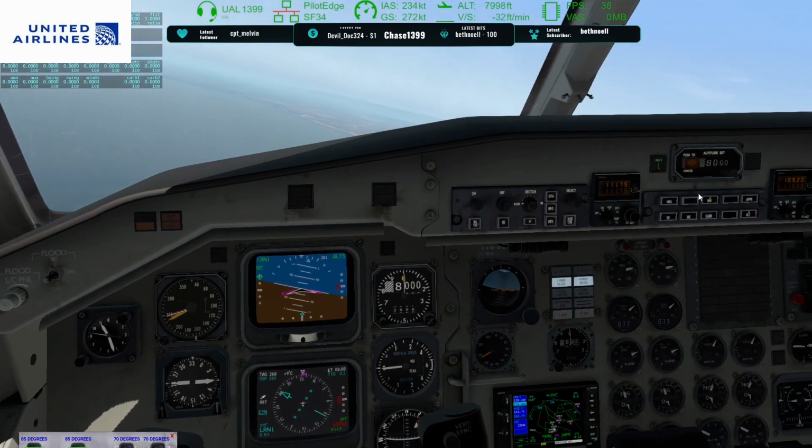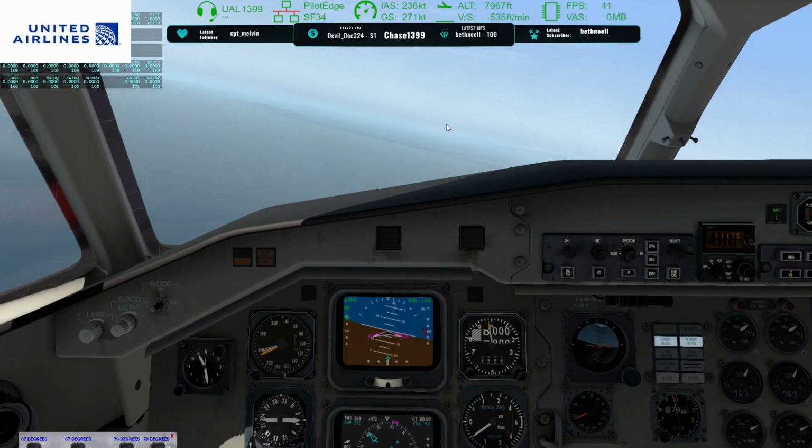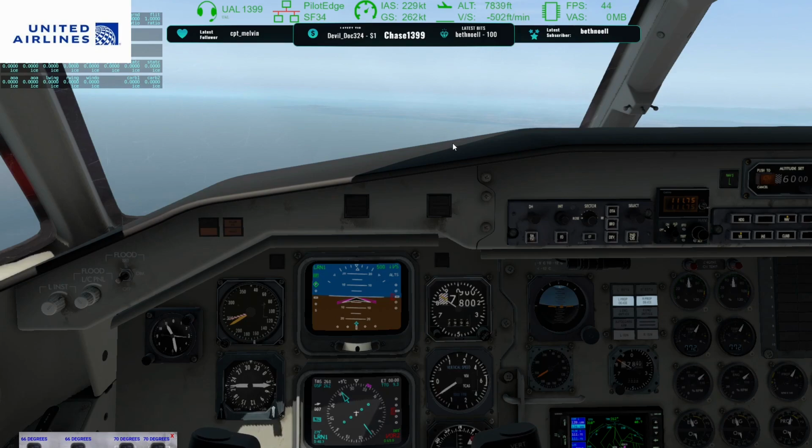All right, you missed it, but she said after Seaward descend to 6,000. So we're just going to do 500 feet per minute. Back off the throttle a little bit. And we don't have to say that we're leaving the altitude because we have no choice but to leave at Seaward. So normally, if you